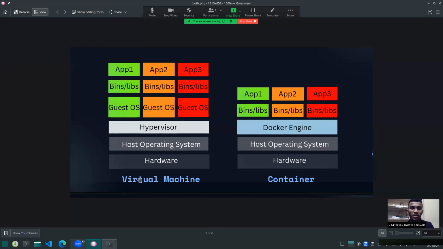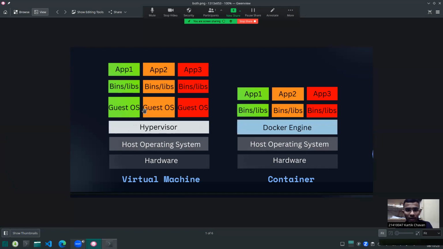So here you can see the two types of virtualization. One is virtual machine and another is container, which we have seen. First is the virtual machine, the traditional. First there is a layer of hardware. On it there is a host operating system, and above it there is a hypervisor. Hypervisor is also known as the virtual machine monitor, which helps to handle and manage all the VMs.